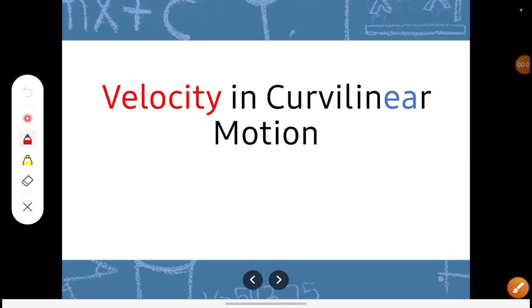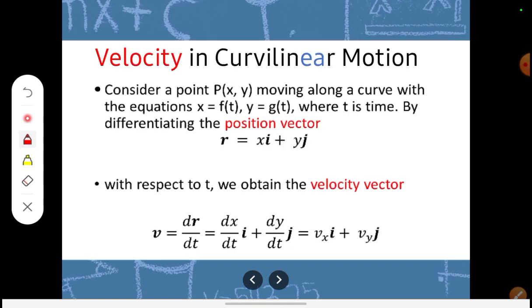In this short video, we will have a brief discussion about the velocity in curvilinear motion. We consider a point P at x and y moving along a curve with the equations x equals f of t and y equals g of t, where t is time. By differentiating the position vector r equals xi plus yj with respect to t, we obtain the velocity vector